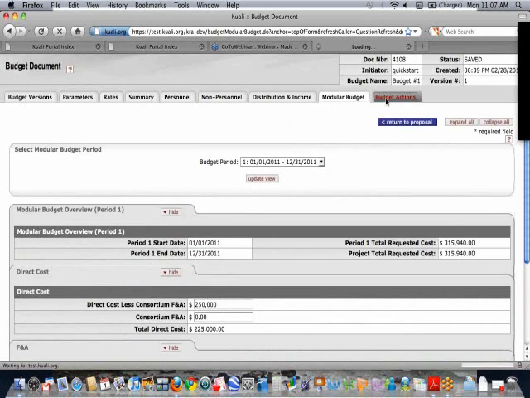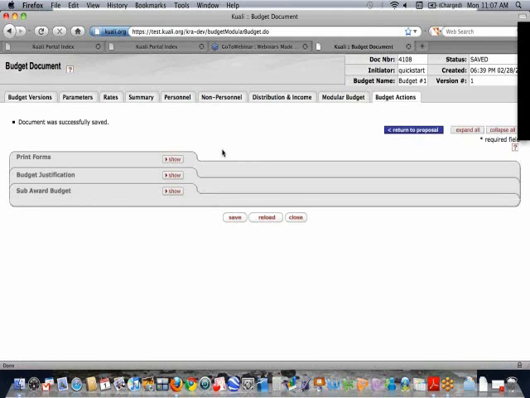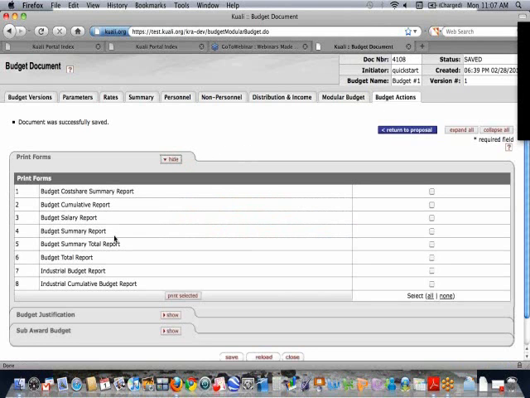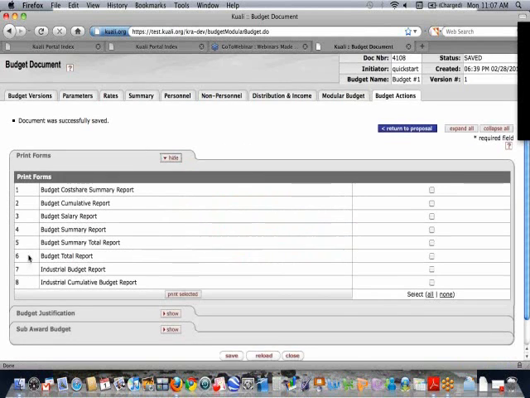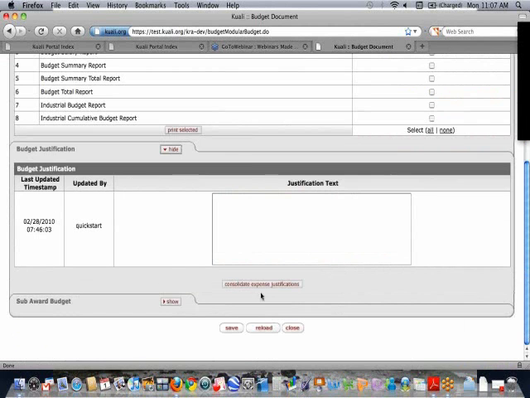Last but not least, on the budget actions, like you saw in the proposal, you can generate some generic forms that give you a nice clean hard copy if you need one. This budget justification area, where I was talking about how you can collect all the information that you have, you can consolidate all of that into this justification text area so that you can cut, paste it into a Word document and make it look really nice before you attach it as a budget justification